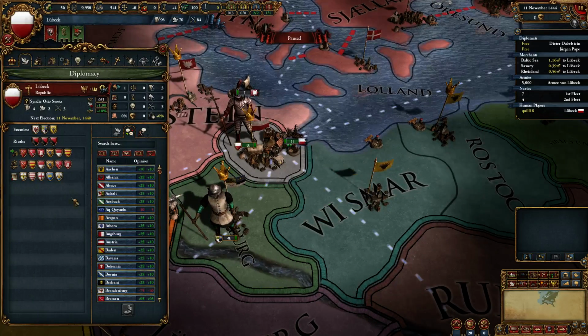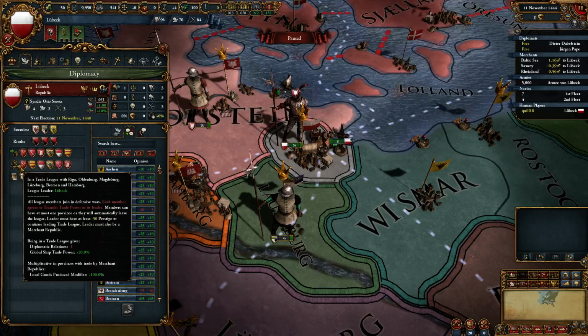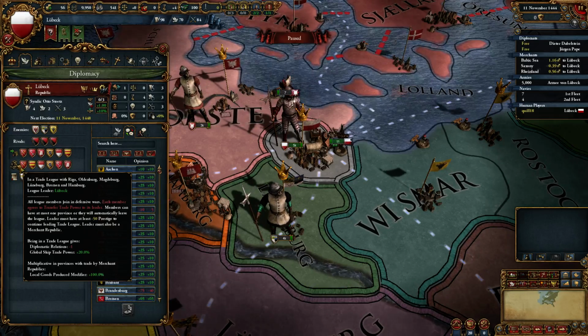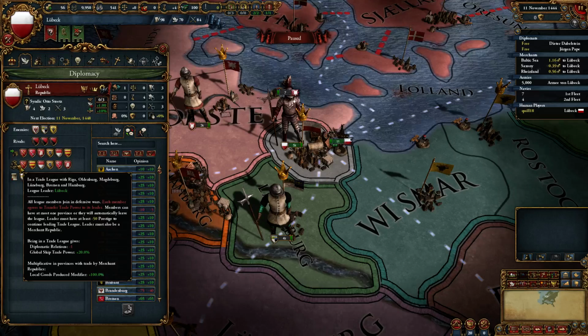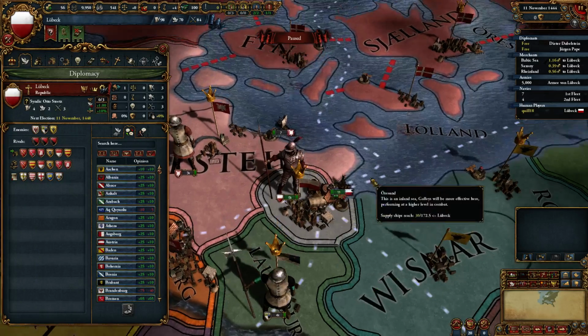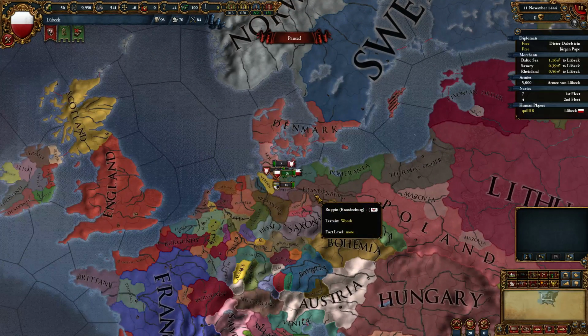We do start off in charge of a trade league over here. We are the league leader of the unnamed trade league here in the north, consisting of Riga, Oldenburg, Magdeburg, Lüneburg, Bremen, and Hamburg. The trade leader, the leader of a trade league, must be a merchant republic, but that is